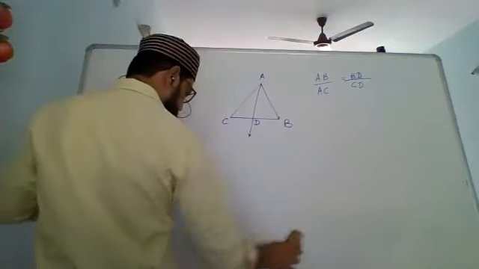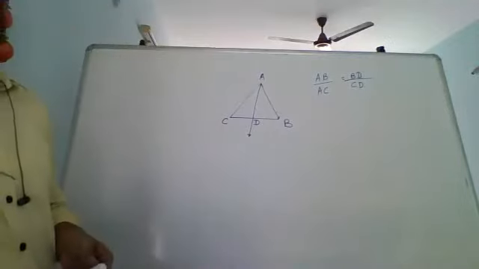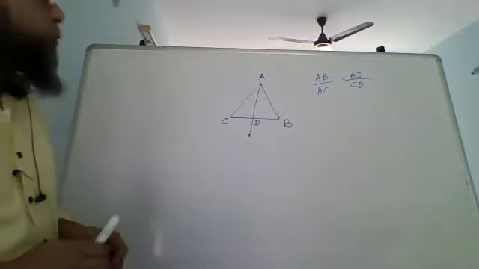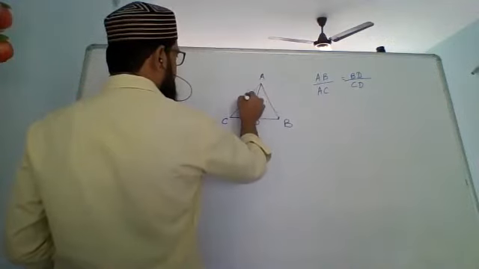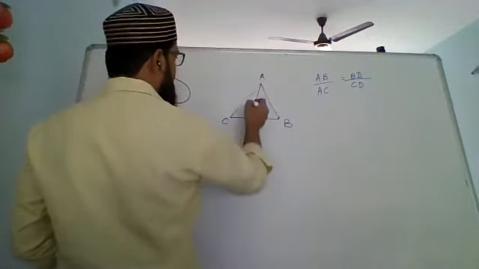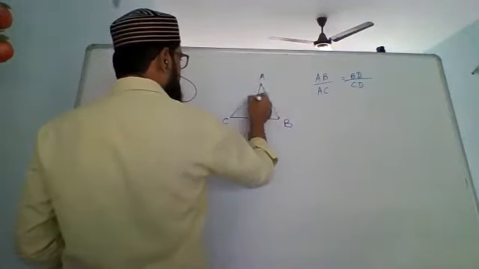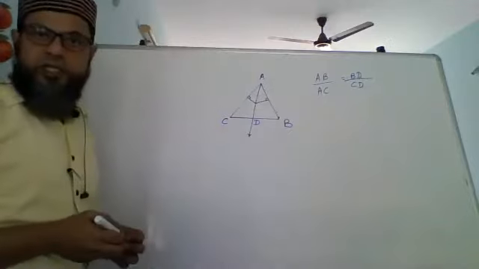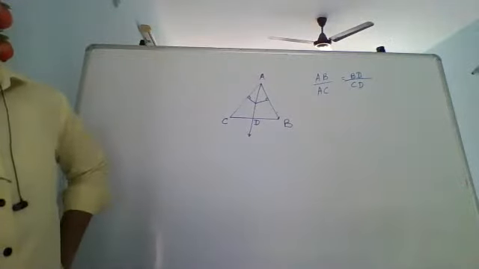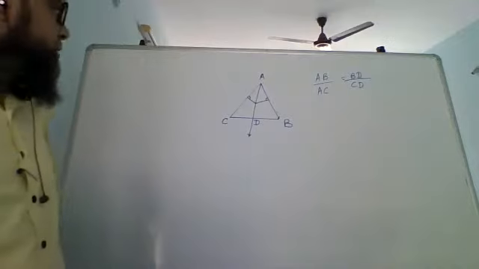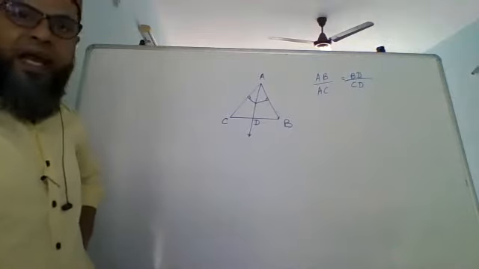Okay. Now there was another theorem that I was telling you about. What was that? Every point on the bisector. If it is given that this is a bisector, then every point over here is equidistant from the sides. Now, how will you know it is equidistant? You will draw perpendiculars from here. Both of these perpendiculars will always be equal. That is what it says. Every point on the bisector of an angle, you can write this down.